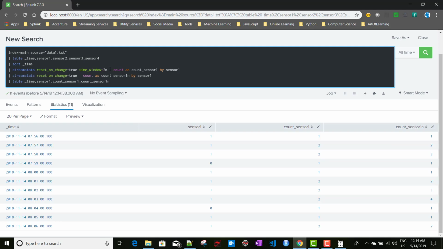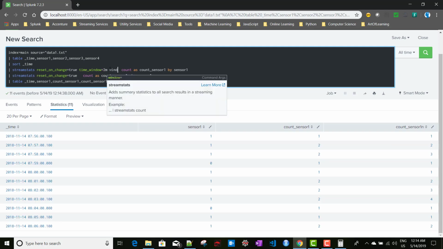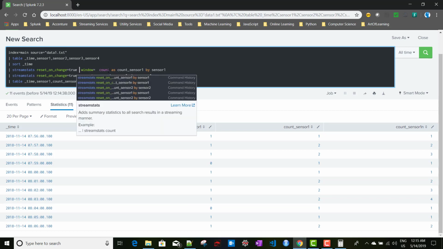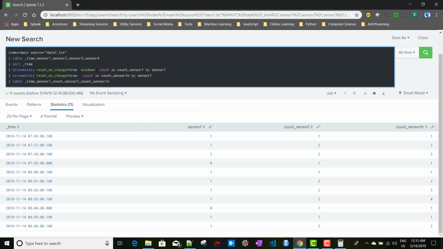Now there is another thing called window over here. As the time window goes by time, window goes by the number of records. For our use case, our time window will be 4 minutes, but I'm not implementing that, it will be easier to understand. I'll remove the time window for now so that you can understand what's going on. So if I give window equals to 2,